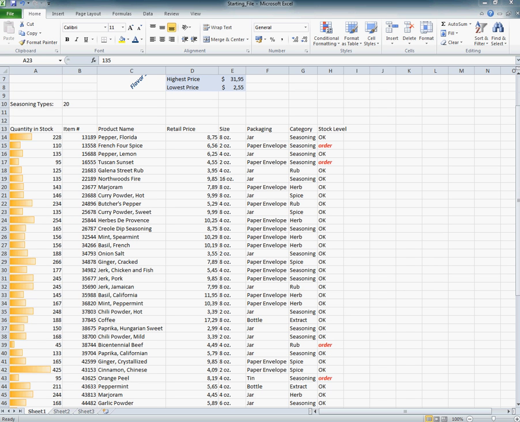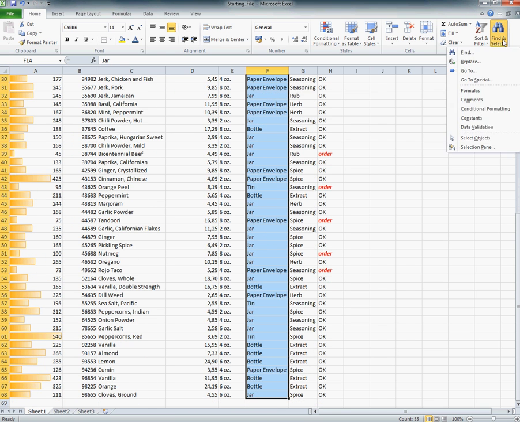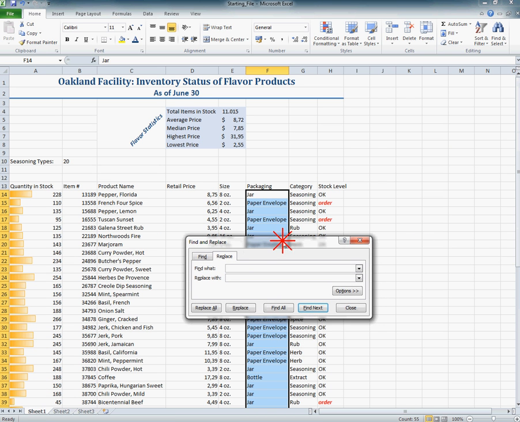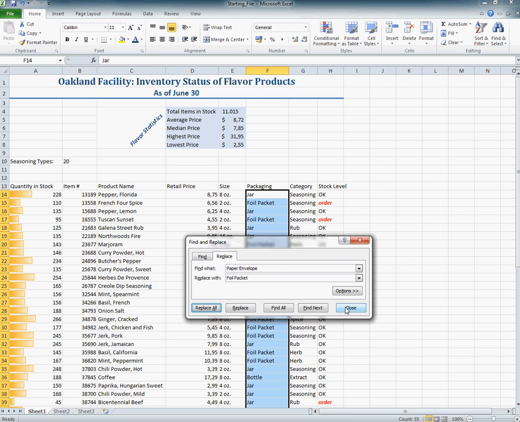Now I like to change the paper envelopes here. So first choose the range, then go to find and select and choose replace. I like to replace all paper envelopes with foil packets. Instead of doing them one by one, by clicking replace all of them, the 19 replacements are done